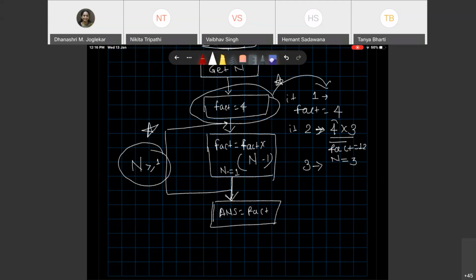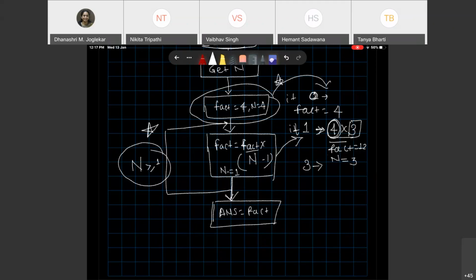Because this is what is n in the earlier case, and now you will have to predefine n as well over here. Fact as well as n, both of them will be 4 here in the beginning. Now when you come over here, that is this step, I'll call it iteration 0 and let this be iteration 1. When you are in iteration 1, then fact which was equal to 4 is getting multiplied by n minus 1, which is 3, right?